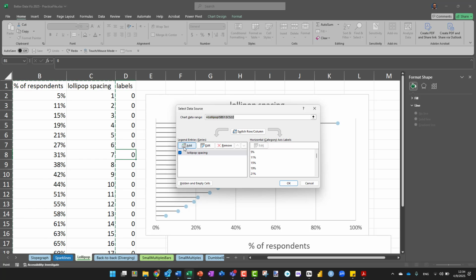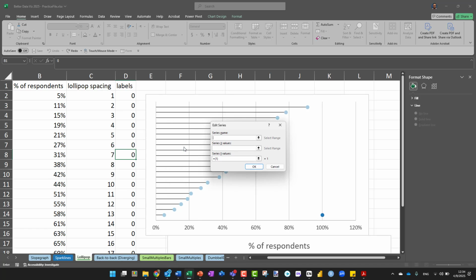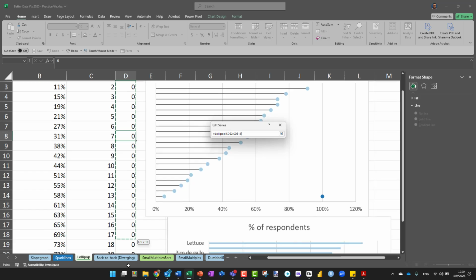So if you click add, and then another window comes up, you want the series name. For series name, you're going to choose the column header. So don't choose the entire column. I'm just going to click on labels. So make sure you had clicked in the box that's series name, and then you click on the cell that says labels. Then I'm going to click inside the box that says series X values, and then I'm going to select all of the cells with the 0, right? So if I just select all of these zeros,